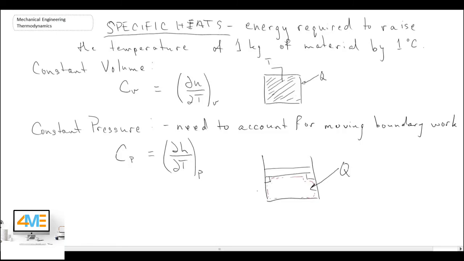And we're monitoring the temperature just like we were doing before, so we'd have a thermocouple in there. But what is happening here, given that we want to have it at constant pressure, so let's say we put some mass up here in order to create a load which maintains the pressure, what will happen as we add heat is our